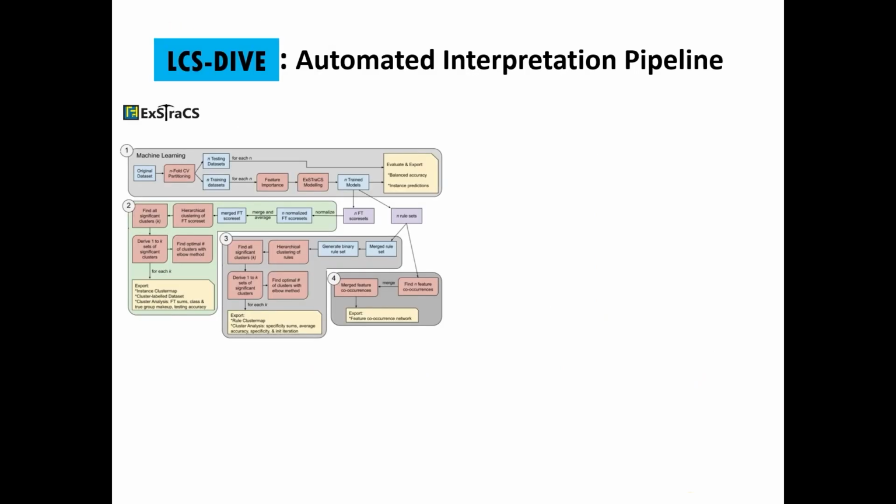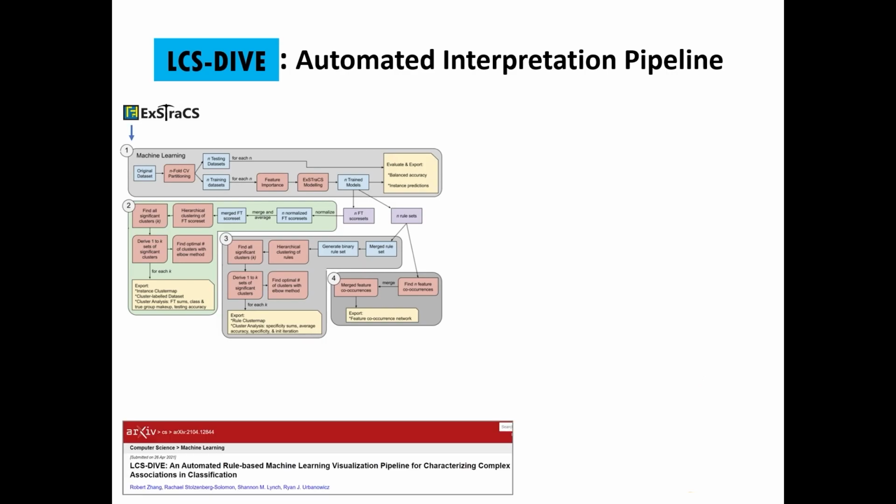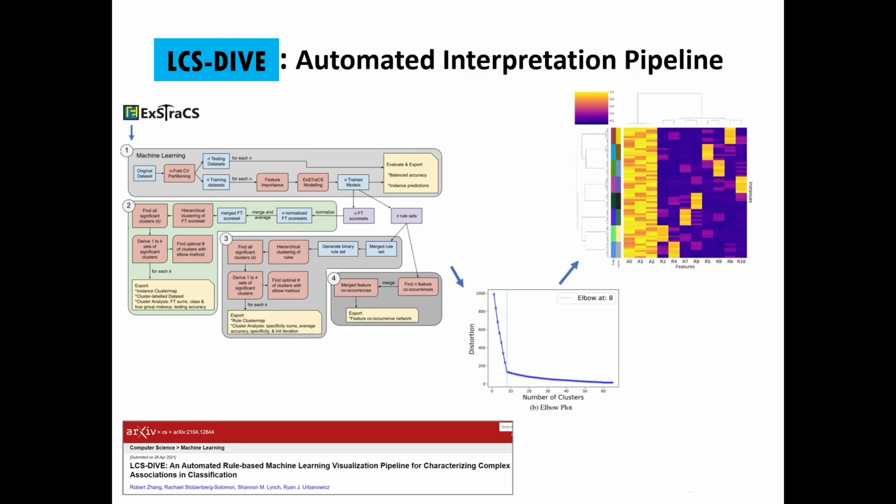To help facilitate the characterization of heterogeneous patterns in data, we've recently developed a pipeline called LCS-Dive, designed to be used in association with the ExSTraCS algorithm. Here's a preprint on this pipeline if you want to read a little bit more. Basically, this pipeline takes output from the ExSTraCS algorithm, including the rule population and attribute tracking scores, and it seeks to automatically determine how to best cluster instances in the data, and again, this is done as a way to